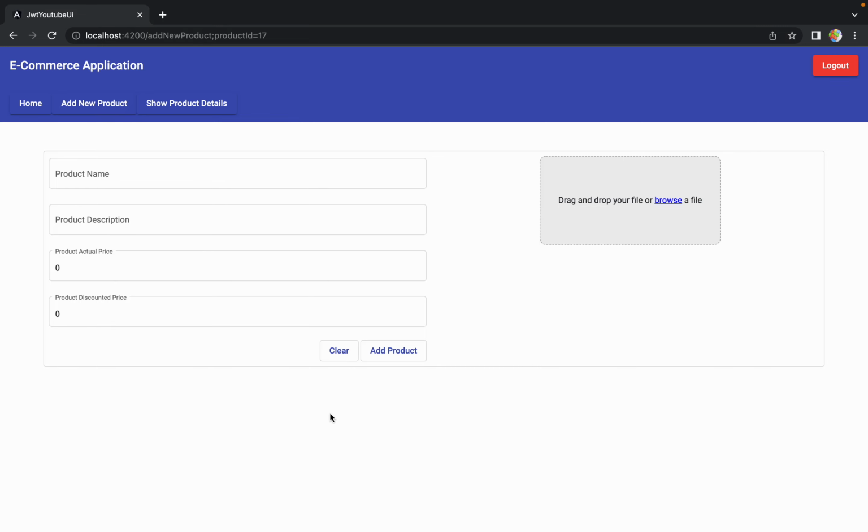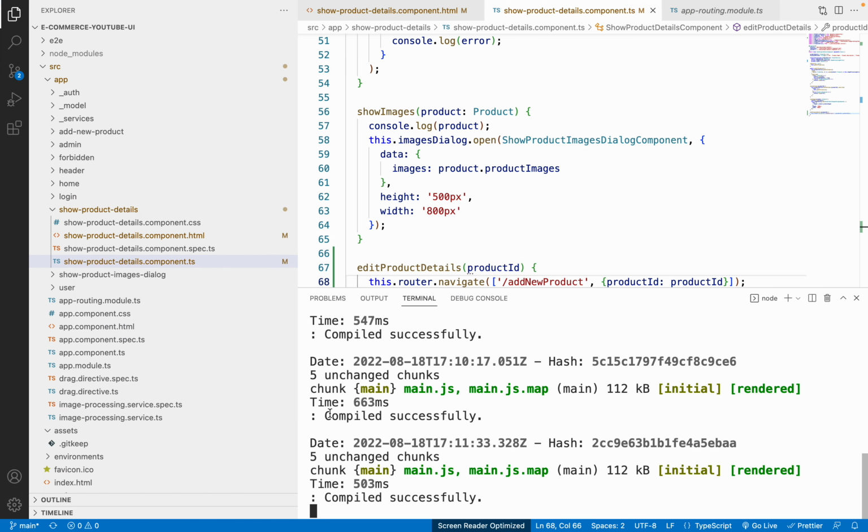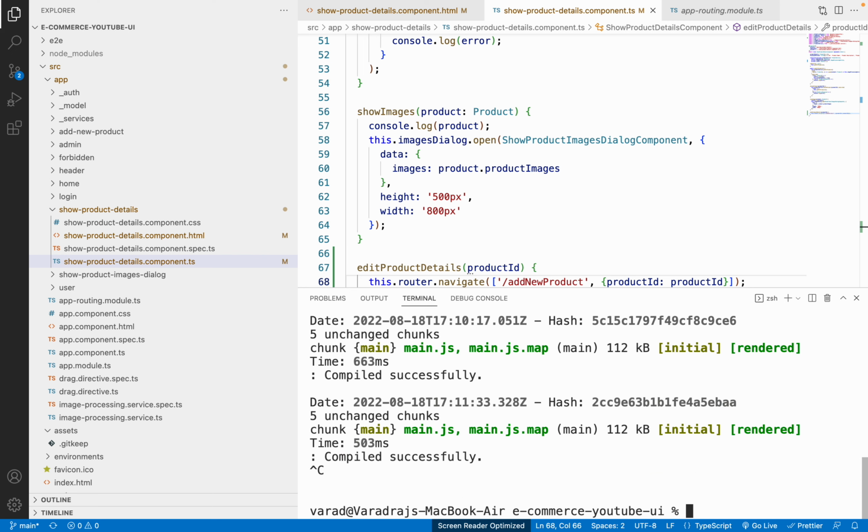So over here, what we have to do is we have to just create one service. So resolver is nothing but a service that we have to just create. So let me just stop the current execution and let me just use npm run